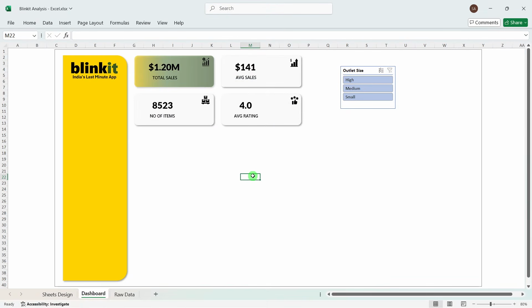Now we will try to bring it into a dashboard. But before bringing it into the dashboard, I will add a placeholder over here. So for that I will just select this particular shape itself. You can see once you click once, the entire group will be selected. Click again over here, then this shape will be selected. And I will just press Control C, Control V, so this shape is there, and we'll try to increase the shape likewise